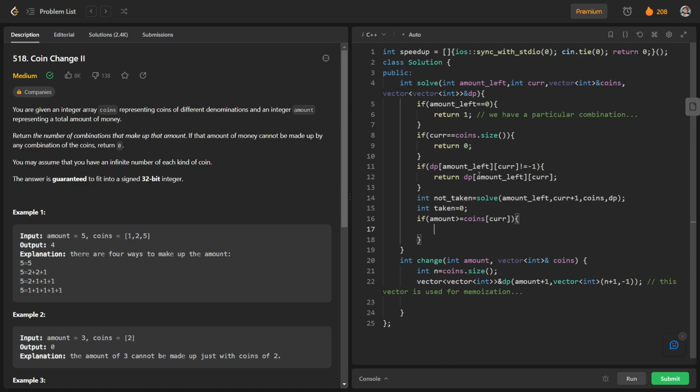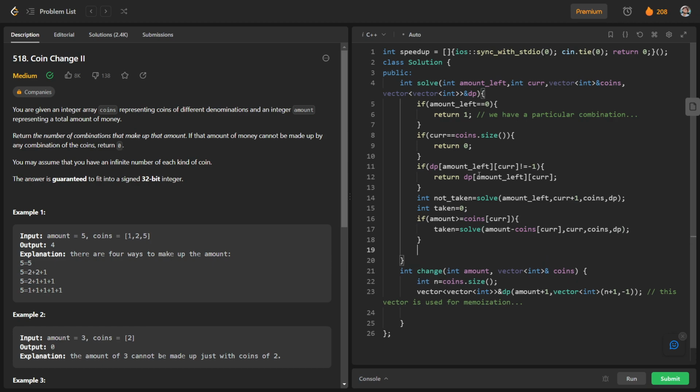So for this case our taken will be nothing but solve for amount minus coins of current, and our current will be as it is, and coins and dp. In this way we will get our count, and we will just return dp of amount left and current as taken plus not taken.